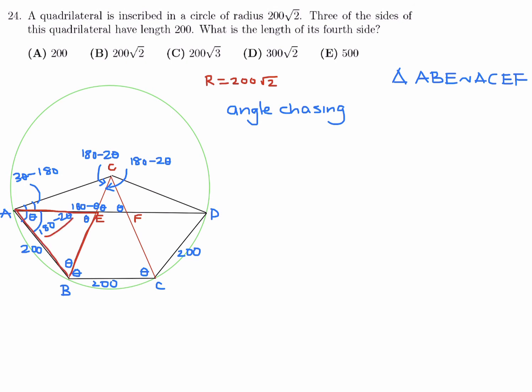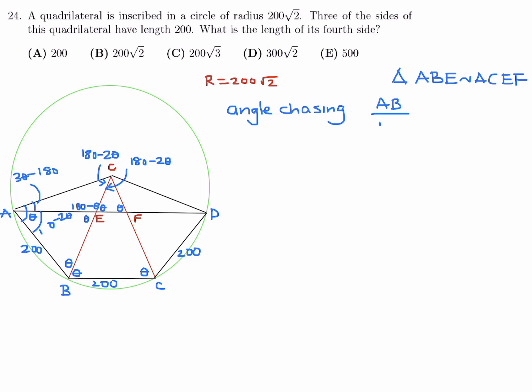It has 180 minus 2 theta, theta, and theta as the angles. And triangle CEF is also 180 minus 2 theta and theta. So that is basically what I wanted to illustrate. Since those two triangles are not equal, they're similar,